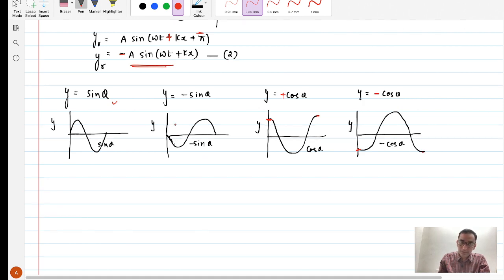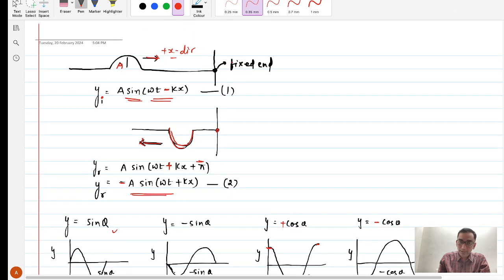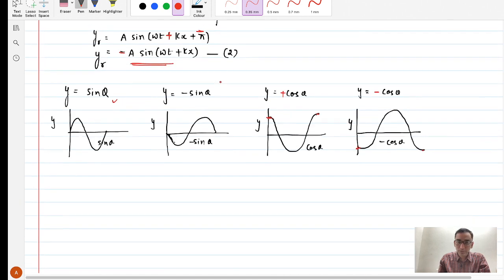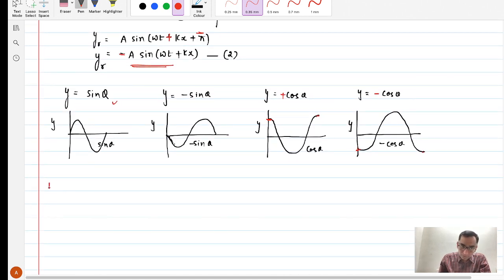Since we are discussing the closed end, or the fixed end, always understand that a node is going to be created at the fixed end, because there has to be no displacement. So now let's find out the shape of the resultant wave, and graphically represent both the waves